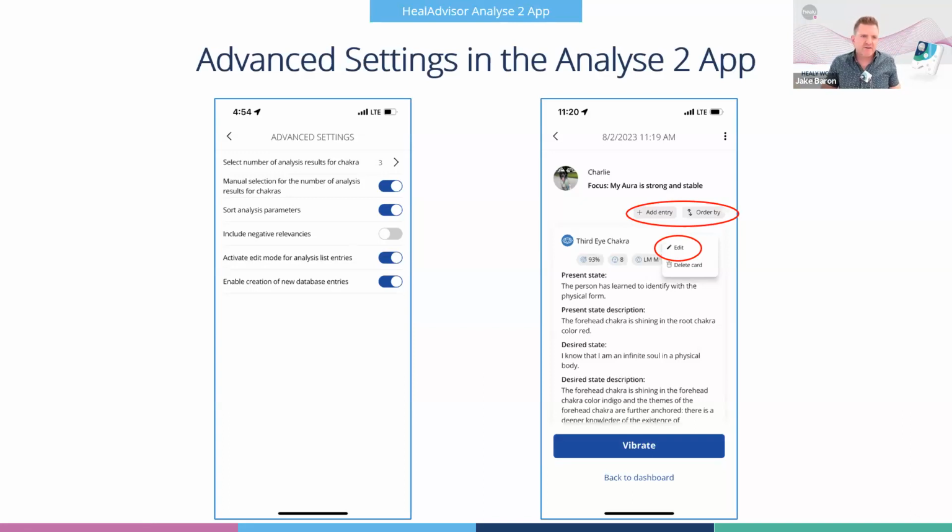Yeah, there was a question here: how did I get this screen to pop up? The one on the right is from actually doing an aura scan. So I didn't click on something in advanced settings and then this popped up. This is showing what actually displays when you enable some of these things in advanced settings, whether it's the coaching module or the aura module. We'll show a little bit more about that later on in some of the different screenshots we have.